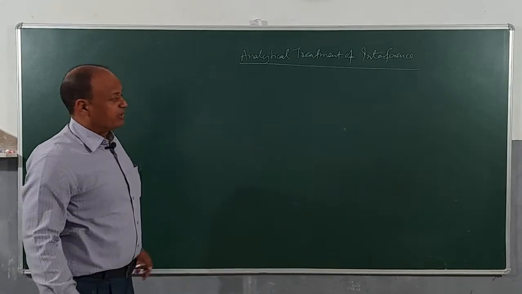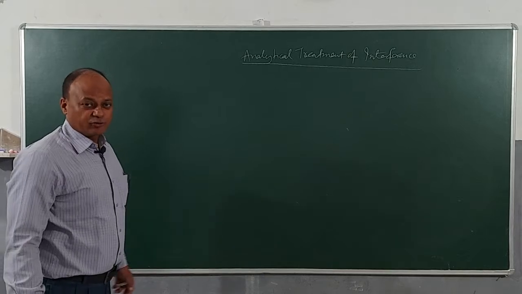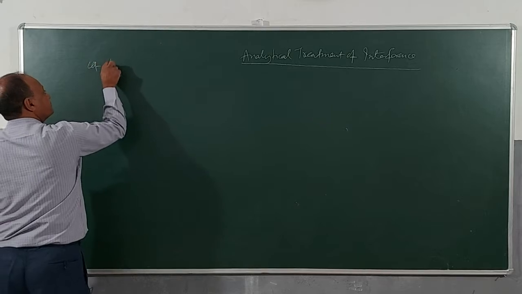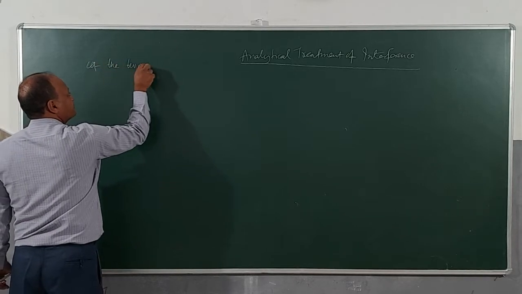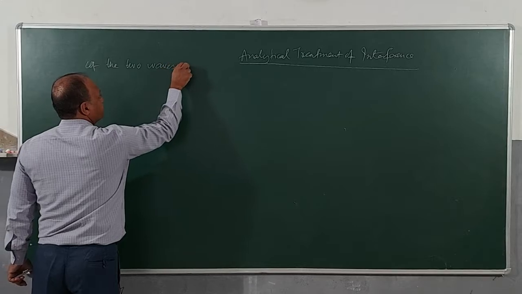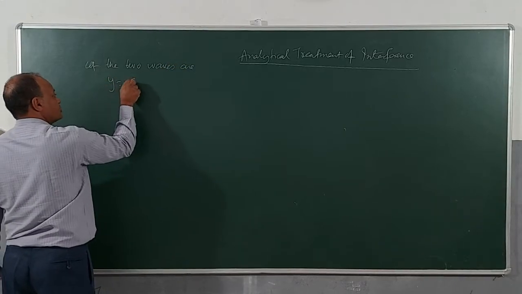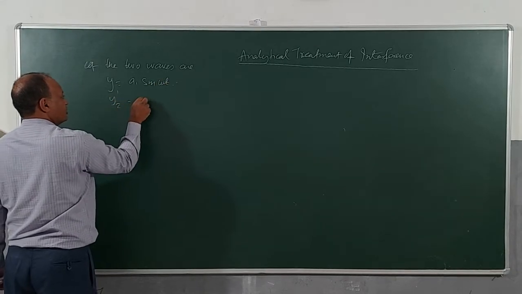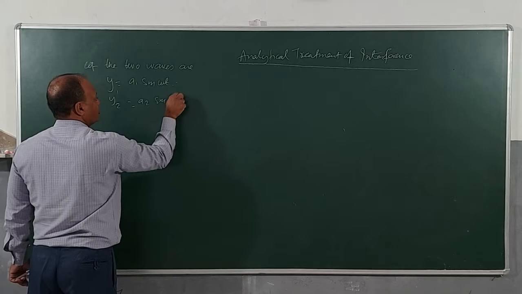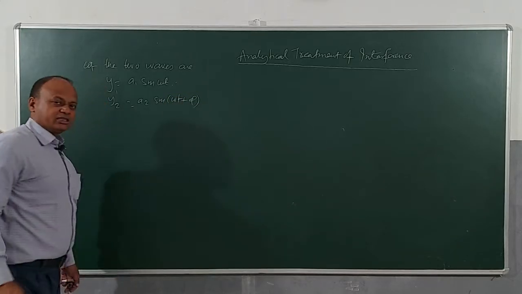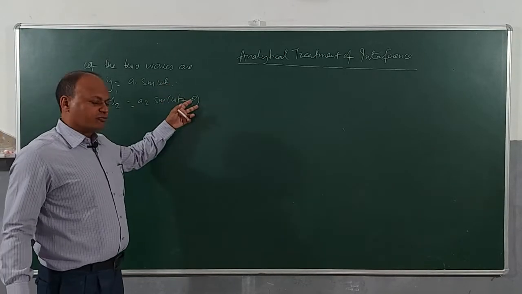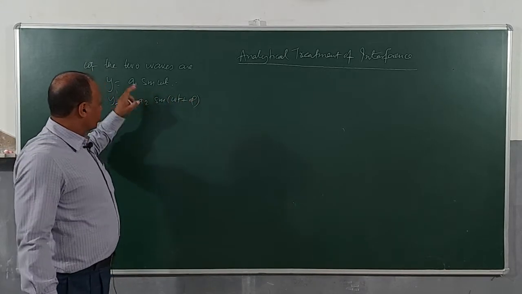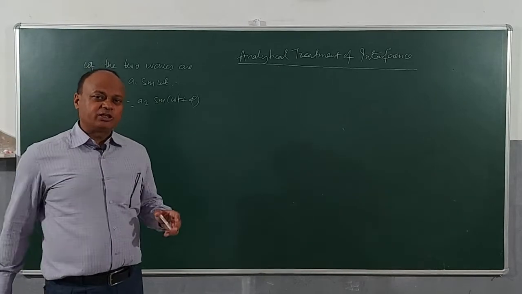We will discuss two waves here which undergo interference, and of course they are coming from coherent sources. I will assume let the two waves are y1 equals a1 sin omega t and y2 is equal to a2 sin (omega t plus phi). Obviously you can see there is a fixed phase difference between these two waves, and that is equal to how much? Phi.